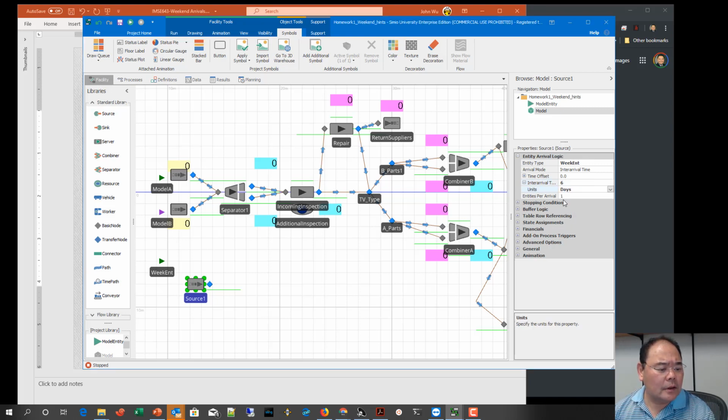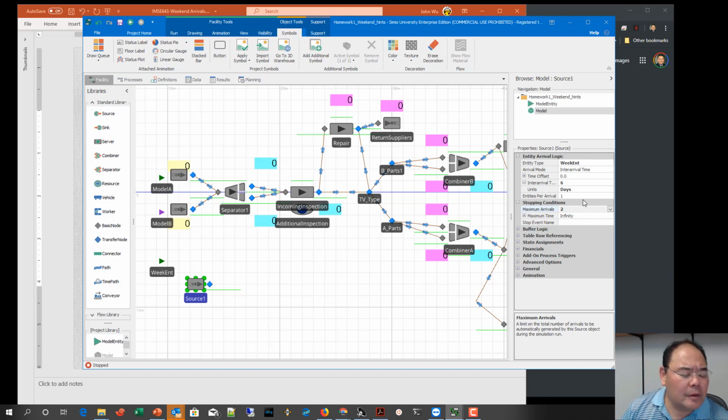Days, and maximum arrival is only 2. So I'm going to generate one from the very beginning of the simulation, the other one at the beginning of the 6 days, which is the early Saturday morning. That's all I wanted to do, and then I'm going to add